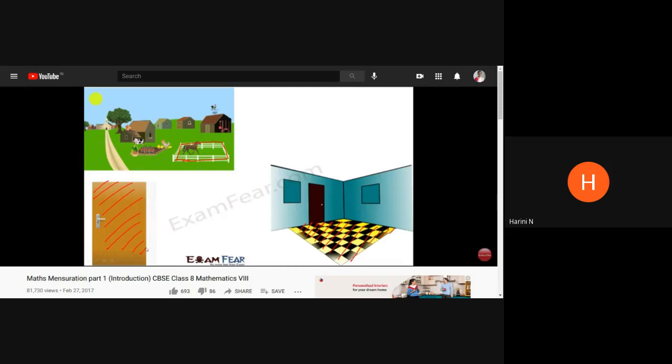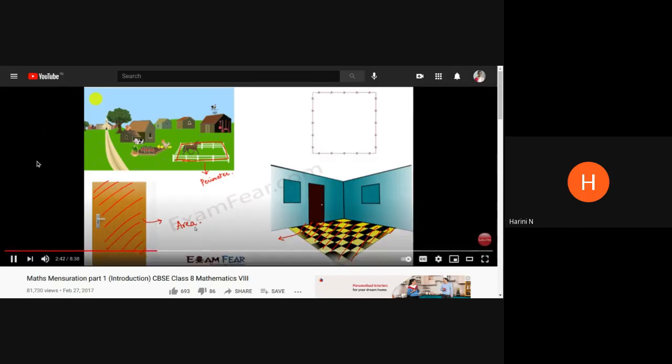right? So what are we talking about in all these examples? So in the first example, we were talking about the length of the boundary. So whenever we talk about the boundary alone, we are basically talking about perimeter. And when we are talking about the entire space that is covered by that particular object, for example, in case of the door or in case of the floor, at that time we are talking about area. And in this lesson, we are not only going to talk about perimeter and area of some simple shapes, but also about some more generic shapes.